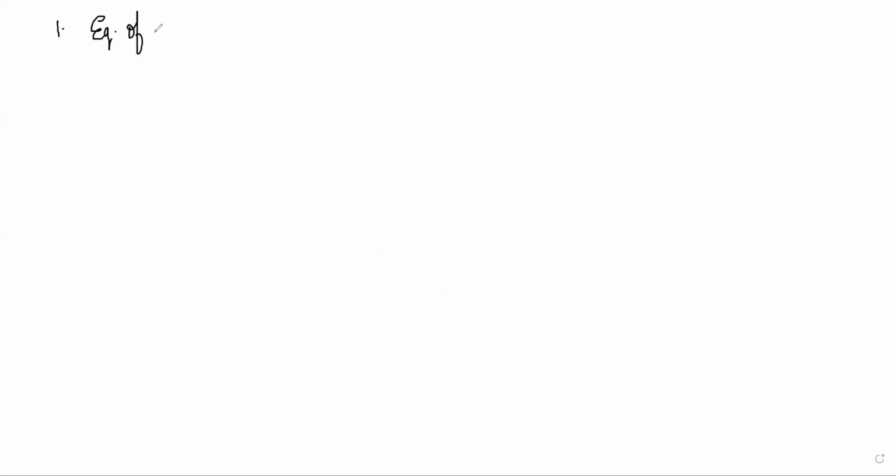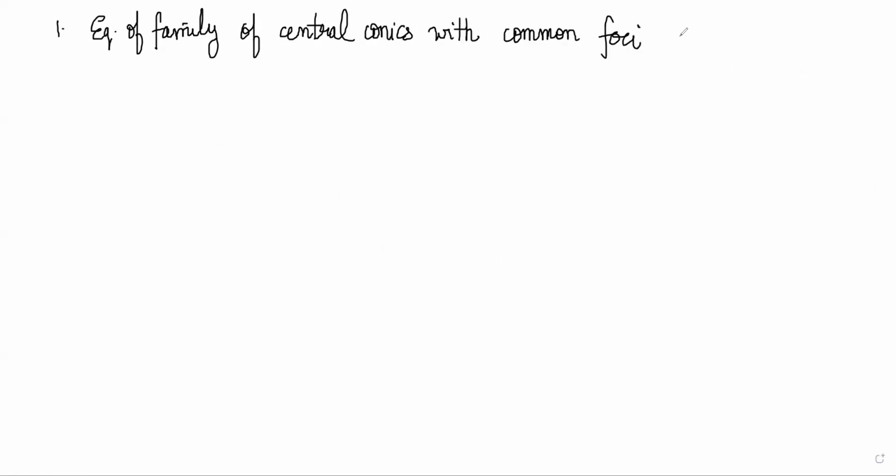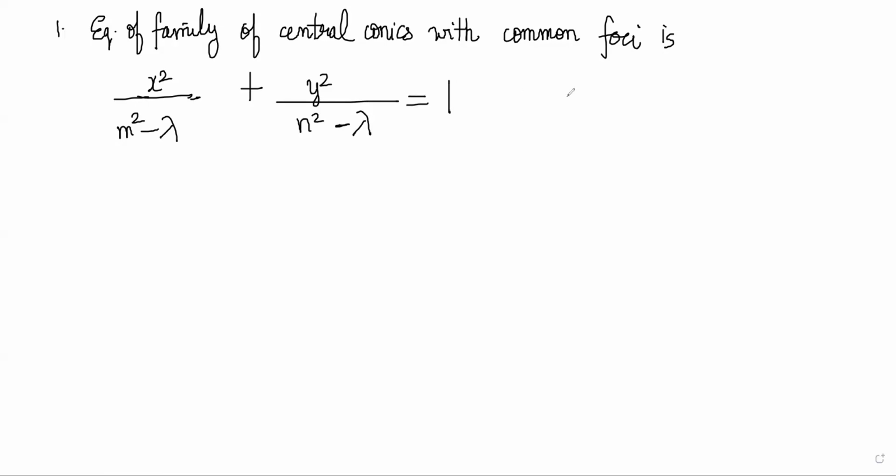Equation of family of central conics with common foci is x square by m square minus lambda plus y square by n square minus lambda equal to 1, where m and n are constants, and they are actually constants such that the